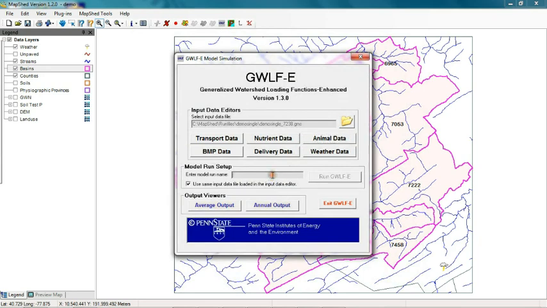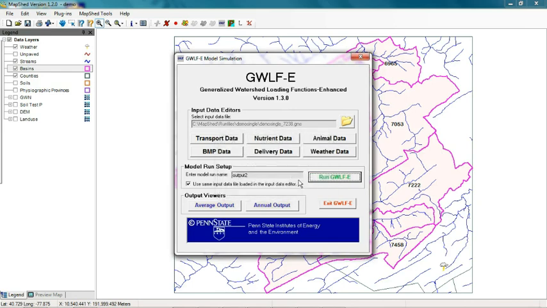At this point, we can run the model again to see what effects these changes have had on the load output. For this particular example, I'm going to call the output file output2. You may recall that we had generated an output file called output1 in our initial model run in a previous unit. So using those saved input files with the new information, we then run the file again,